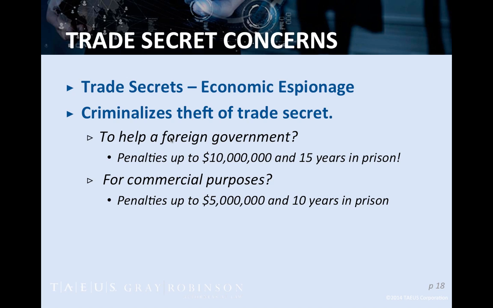Reverse engineering, by definition, if you're trying to figure out how a piece of software works, someone could always argue that what's in that software is a trade secret, and if you do that, you don't want to be on the hook each and every time for these criminal and other civil liabilities. So what to do with that?